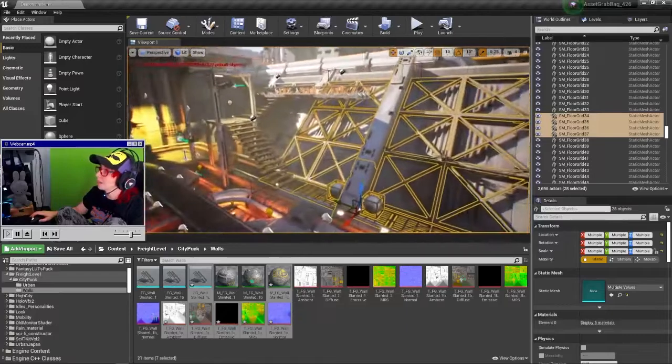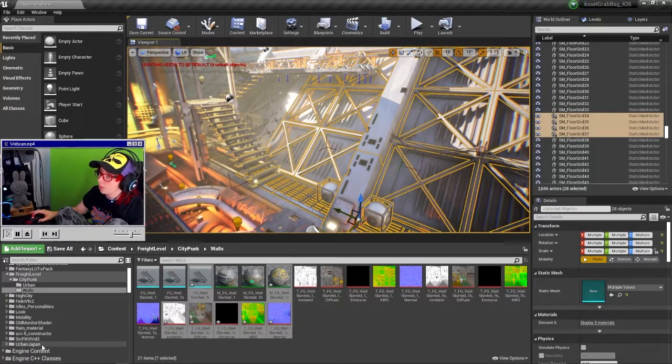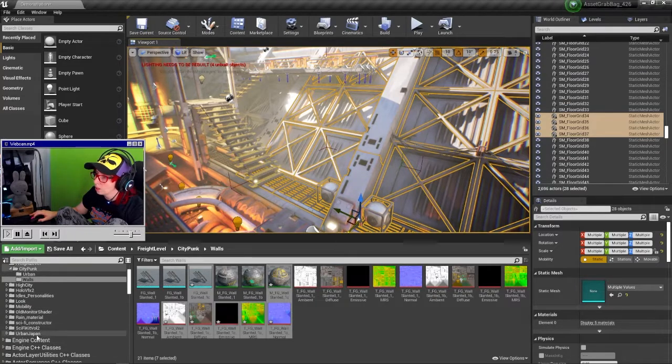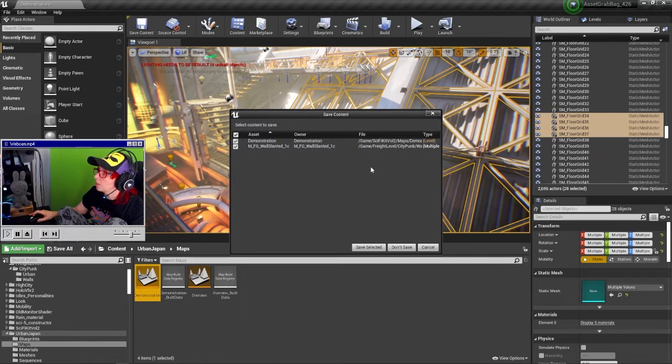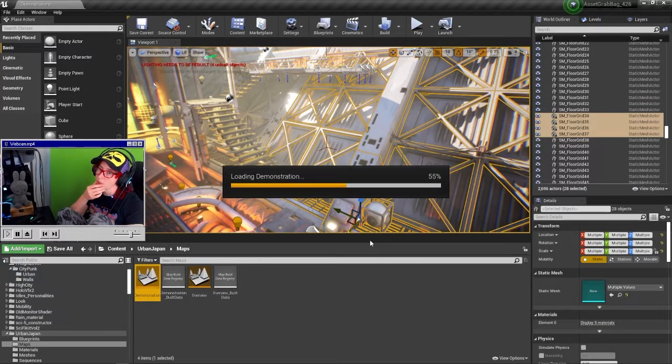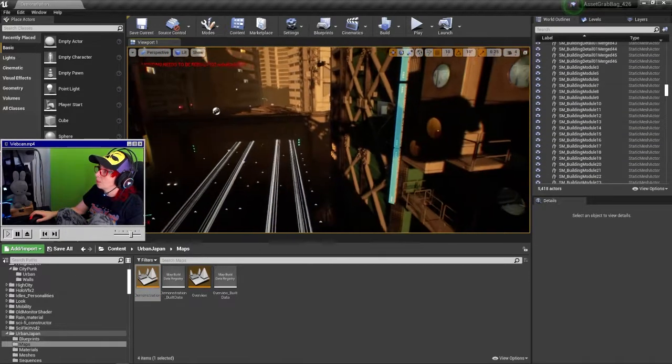So just some caveats and things to keep in mind, and a chance to show you another really cool kit. Let's jump over to the Urban Japan kit. I just want to show you an example of what doesn't quite come across well, when you're going to want to make a different decision and use a different technique to get your assets from one pack into your main level. So in this Urban Japan pack,